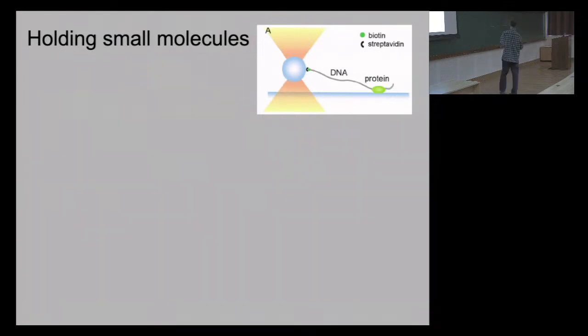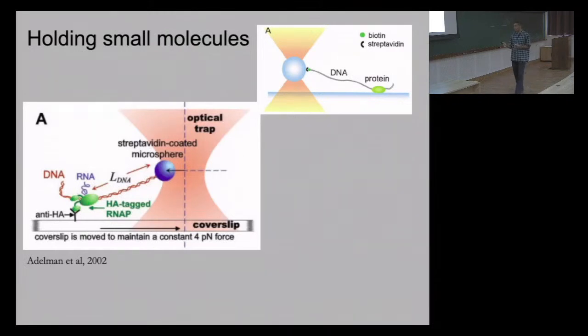Yeah, so you have this. Why am I going back all the time? So what you can then do is, for example, here is an experiment where you have RNA coming out of this. Let's say it's RNA polymerase. It's making mRNA here, and you have RNA polymerase, RNA-P, which is bound to some kind of a chemical tag, HA. And I have an antibody against HA, so I can stick the RNA polymerase to this cover slip, and then